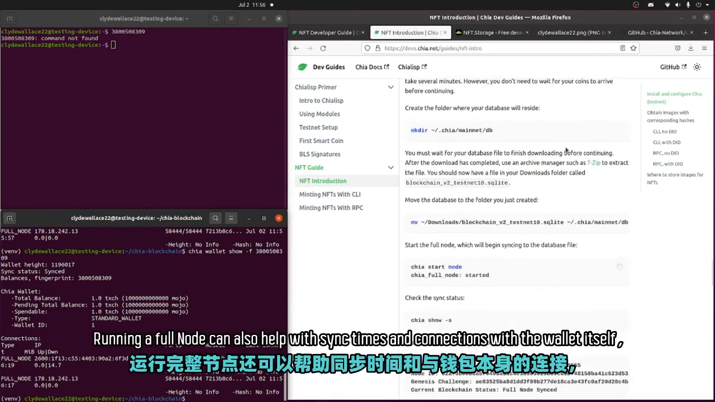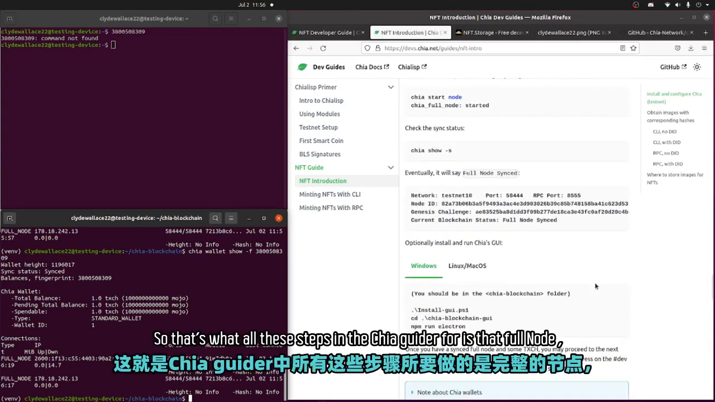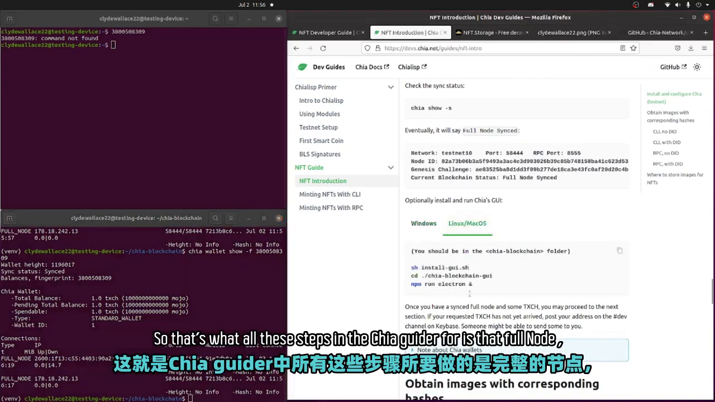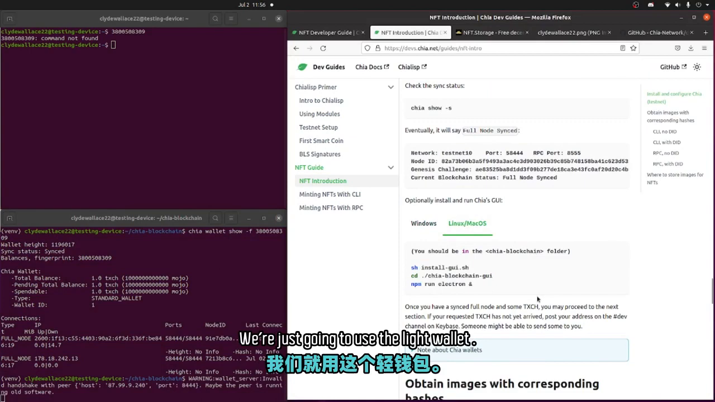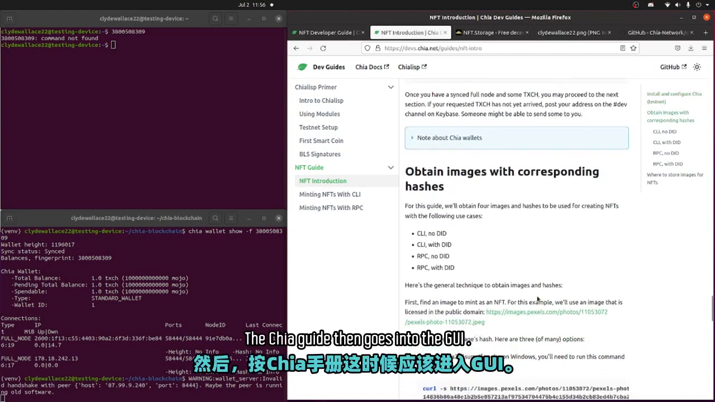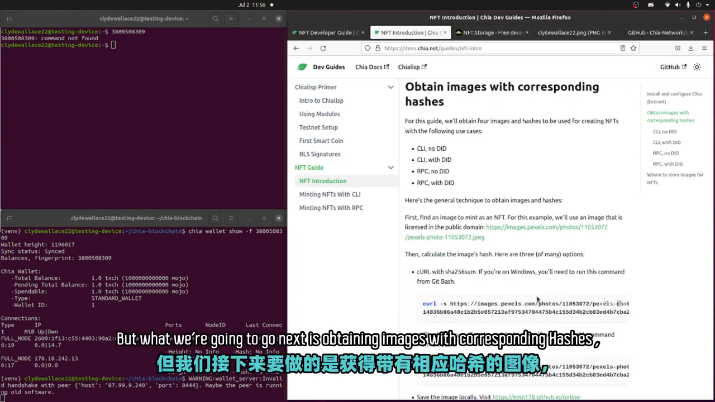Running a full node can also help with sync times and connections with the wallet itself, but you will need that wallet database. So that's what all these steps in the Chia guide are for, is that full node, but we're not going to use the full node, we're just going to use the light wallet. The Chia guide then goes into the GUI install and open setup, but where we're going to go next is